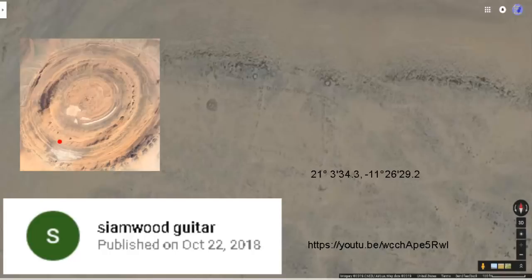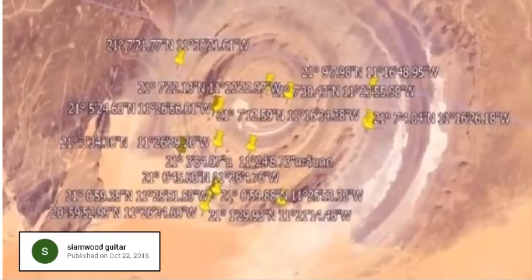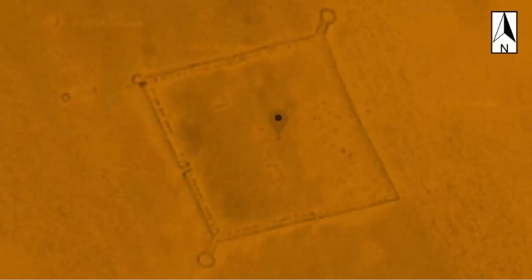Well, Sam Wood Guitar commented on one of my other videos, and he showed us this other structure that's actually 10 kilometers to the decimal away from the first one. I thought that was interesting, but it doesn't seem to have any effect. But CM Wood actually has a whole bunch more, so I had to go visit them all. This is my map of all the ones I visited, and the first one, there was another castle type structure